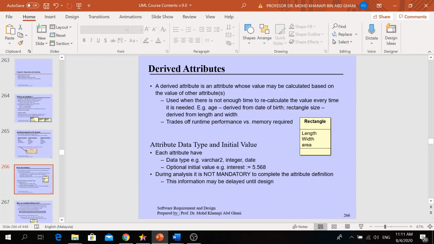Normally a derived attribute is stored in the memory of the system, or they call it working storage. We define one variable to keep the age. In other words, the derived attribute is a temporary storage that stores a value of the data.